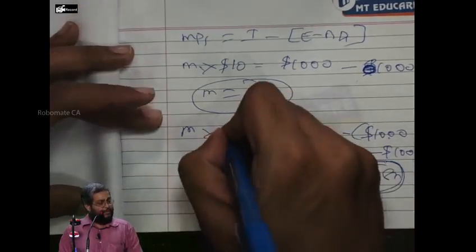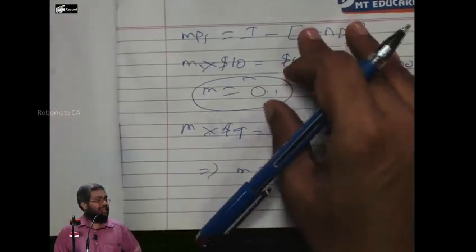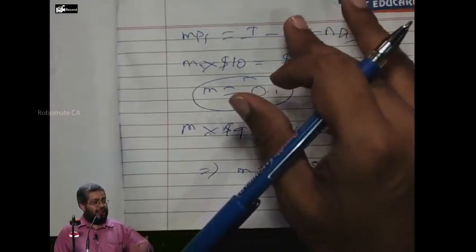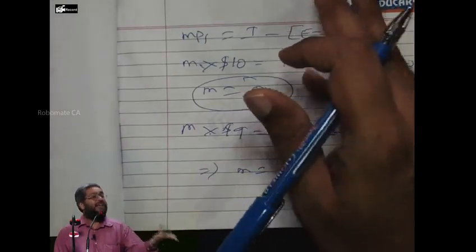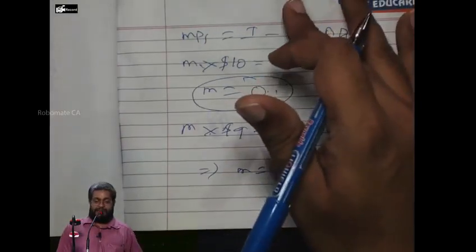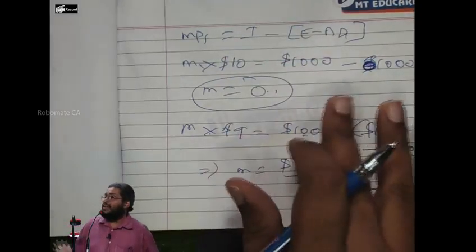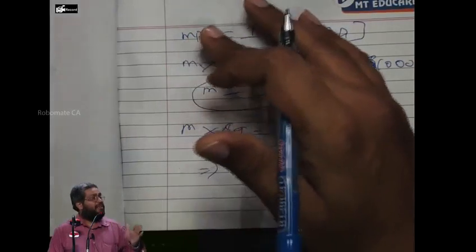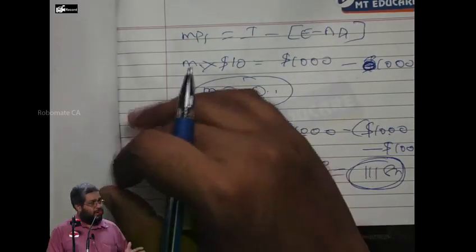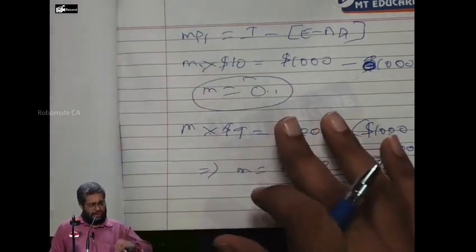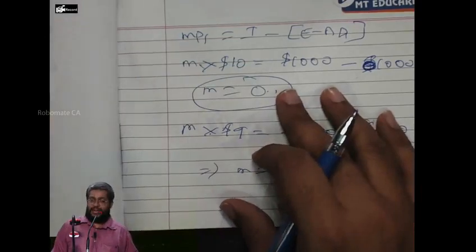Now this example and that problem both are what? Same. The only difference in this example is that all the numbers are in today's terms. There the investment and earnings are given at the end of the year. That's the only change between the sum and this example. Otherwise the answer is the same. Able to understand the link between the two or not? With this we have completed everything about share valuation in the context of the Modigliani-Miller approach.